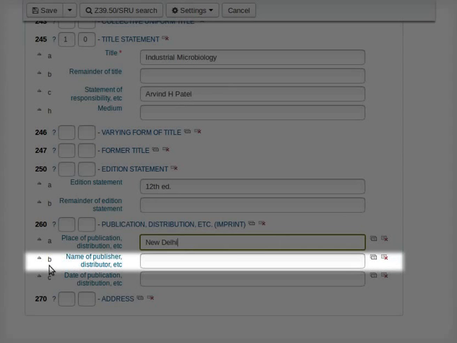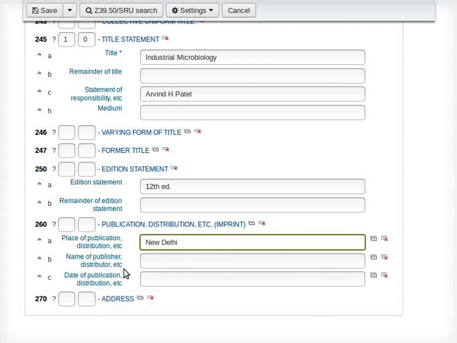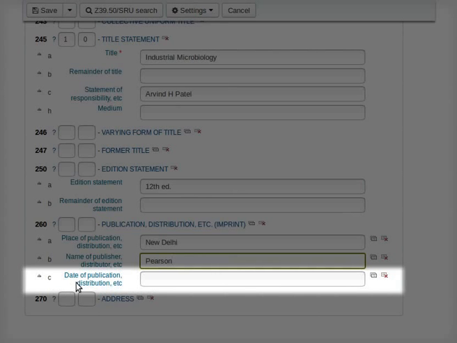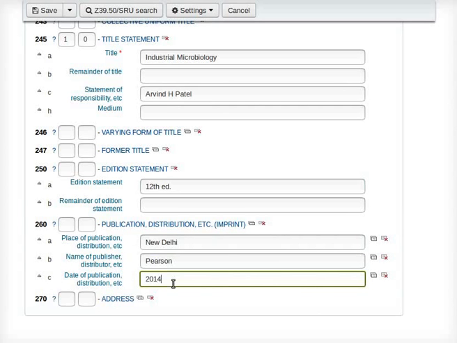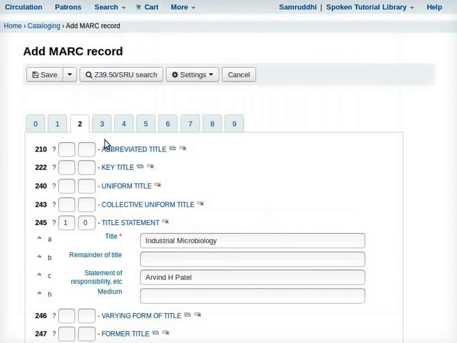In the subfield B, name of publisher, distributor, etc. Enter Pearson. In the subfield C, date of publication, distribution, etc. Enter 2014. Now go back to the top again and from the tabs 0 to 9 click on the tab